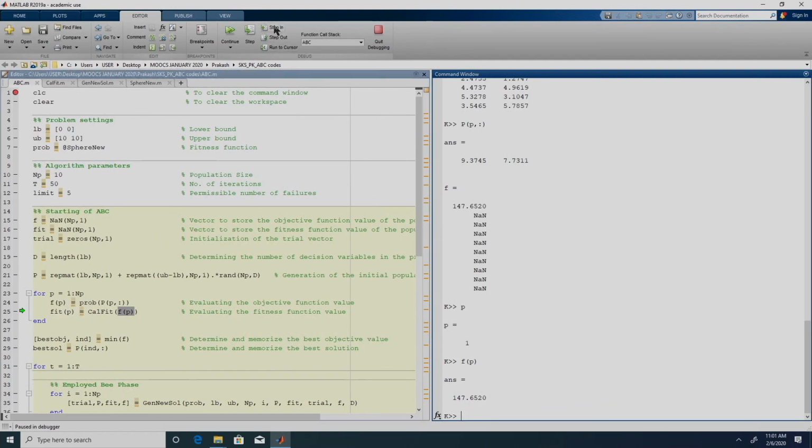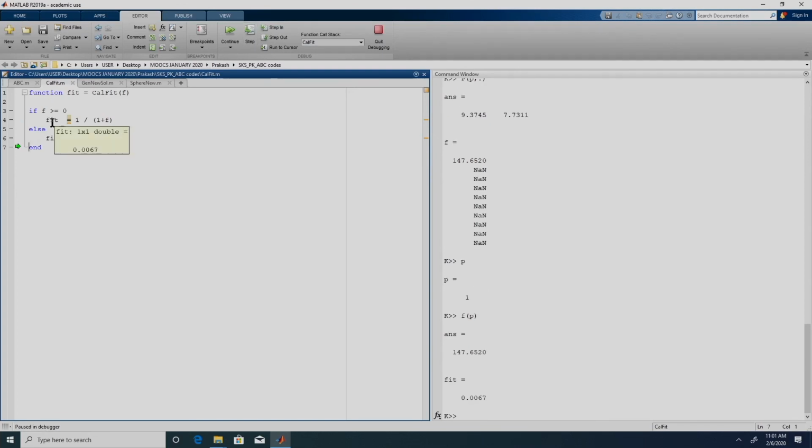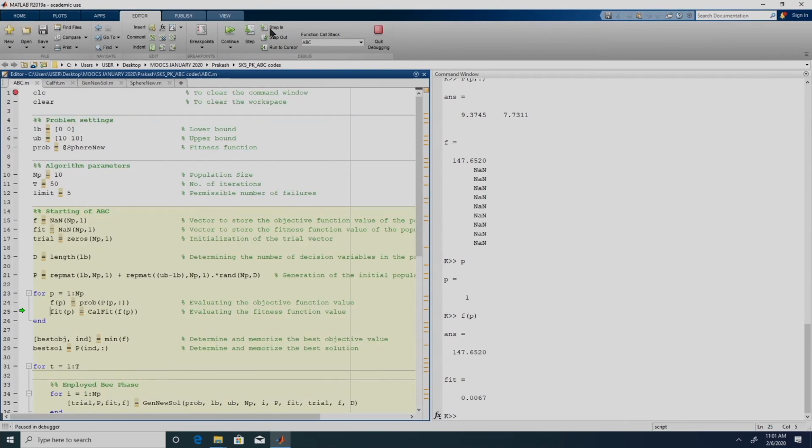That value is being fed into this function calfit. This f is 147.6520. Since it is greater than 0, fitness will be calculated using this equation. So, fitness in this case is 0.0067. If we go back, this is going to be executed 10 times, because our population size is 10.